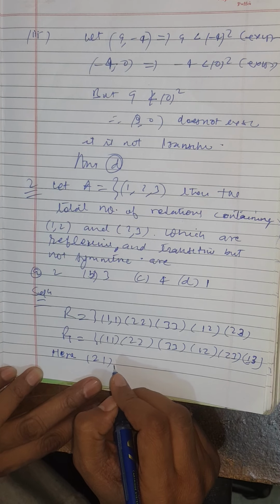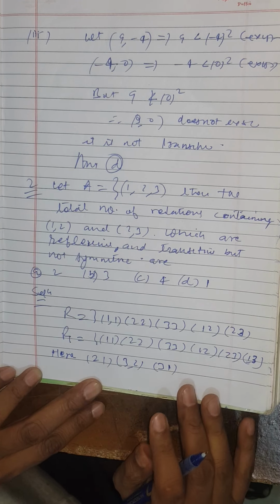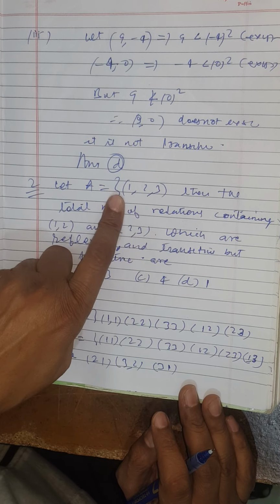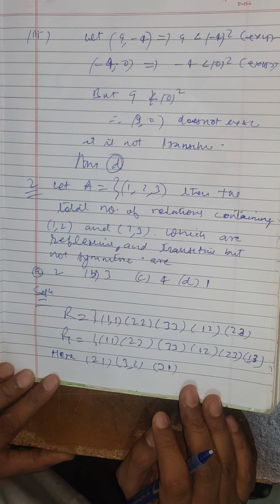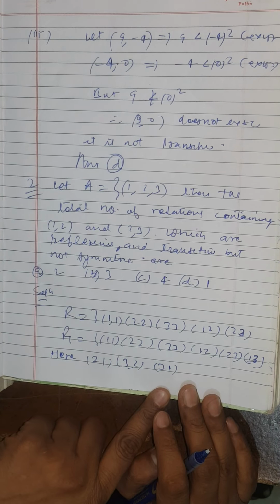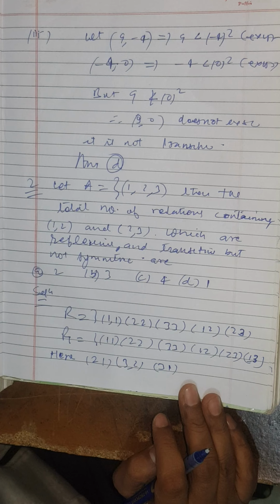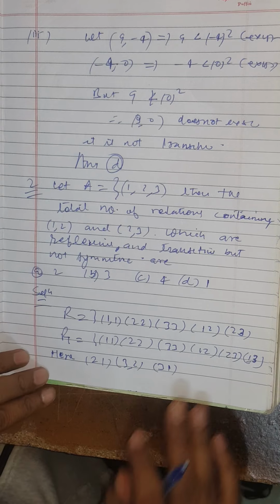There are 9 ordered pairs in total. If we make the Cartesian product of {1, 2, 3} to itself: (1, 1), (1, 2), (1, 3), (2, 1), (2, 2), (2, 3), (3, 1), (3, 2) and (3, 3). There are 9 ordered pairs in A cross A. So there are 3 ordered pairs left. We have to add them one by one: (2, 1), (3, 2) and (3, 1) in R1 separately and get three other relations also.